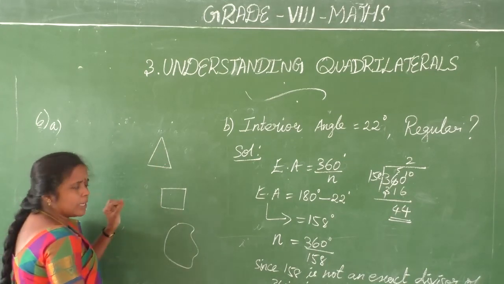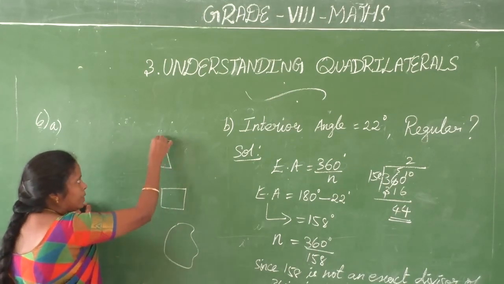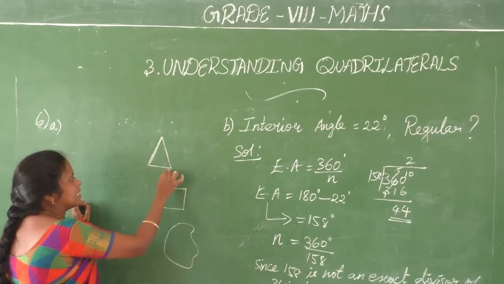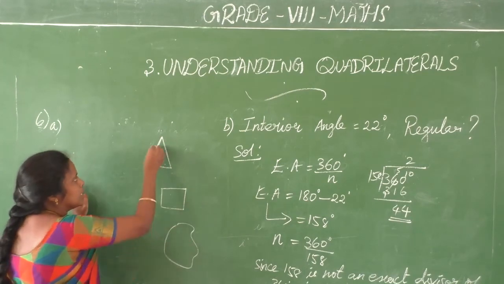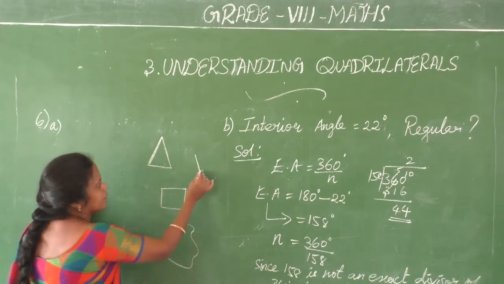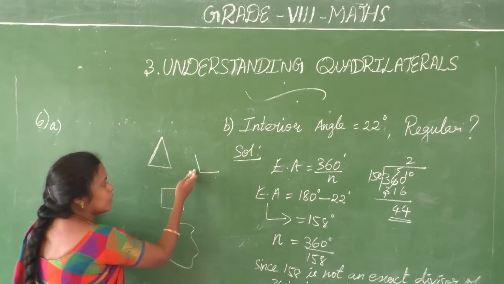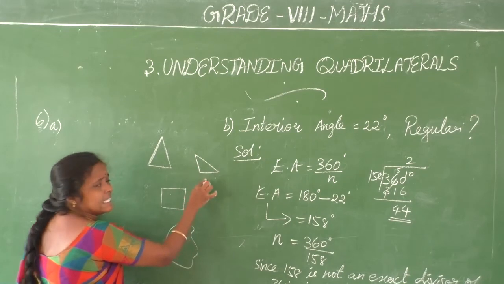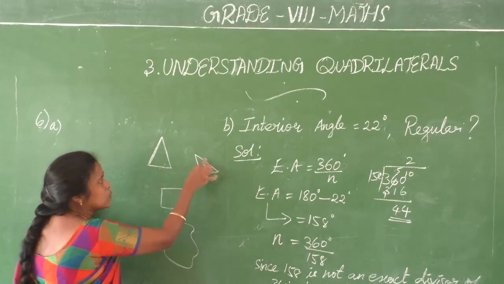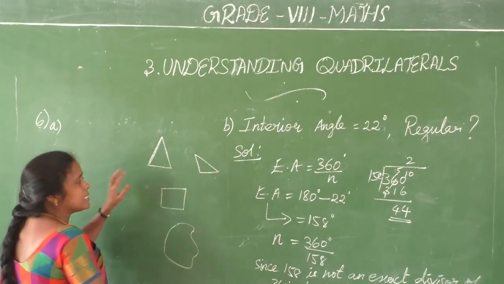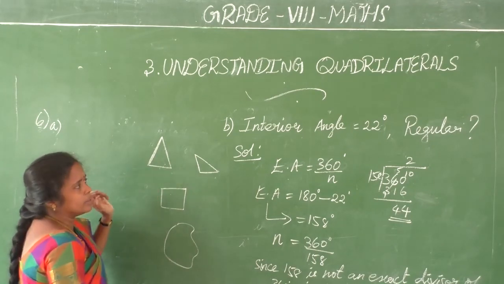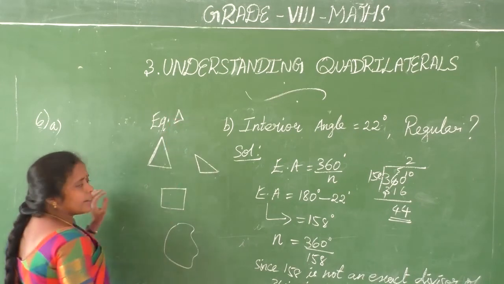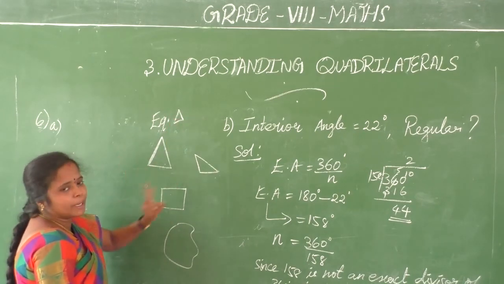For making a polygon having the least number of sides, how many sides do we have to use? Three only. See, this is one side. If you take one more, two sides come, but it is still open. For closing, at least we want 3 sides. So a 3-sided polygon is a triangle. So an equilateral triangle is the regular polygon having the minimum number of sides.